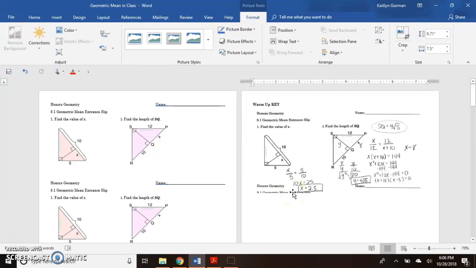So this is the lesson that I would do after the 8-1 video that I posted. So the first part would be an entrance slip to see which students watched the video, also to see what they learned from the video. So the first one is a pretty simple one, setting up the proportion and finding the geometric mean, and then